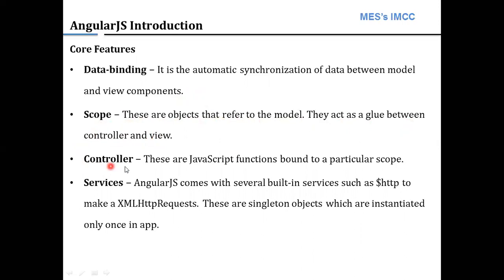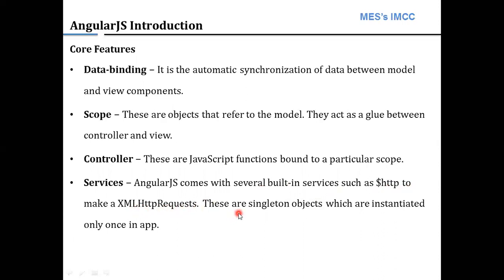The next core feature is the controller. These are the JavaScript functions bound to a particular scope. Later on we will see what a controller is, what a model is, and what a view is. Services: AngularJS comes with several built-in services such as $http to make an XMLHttpRequest.